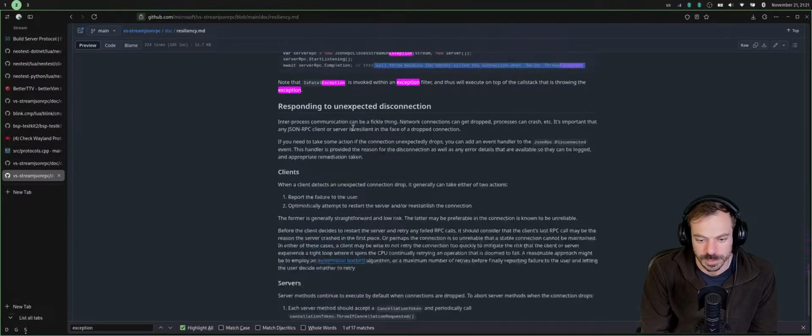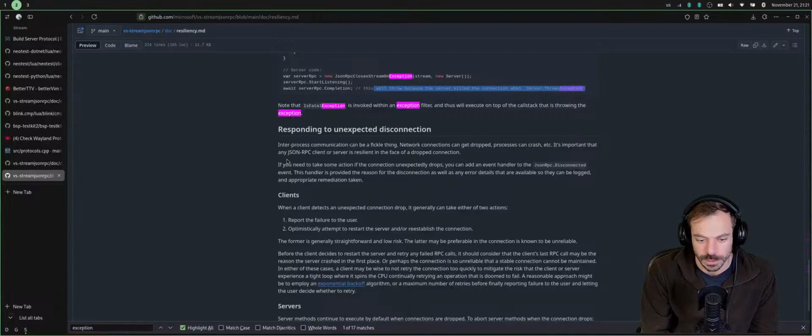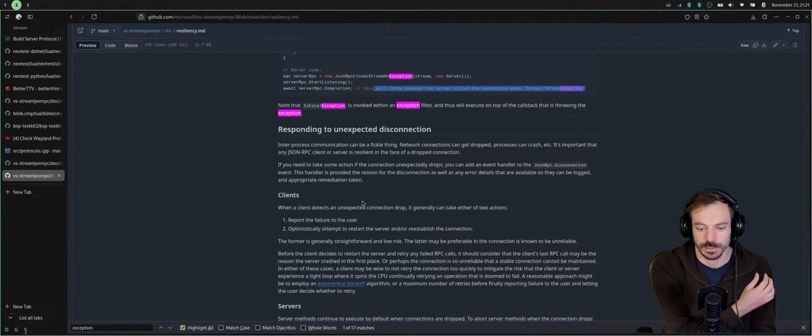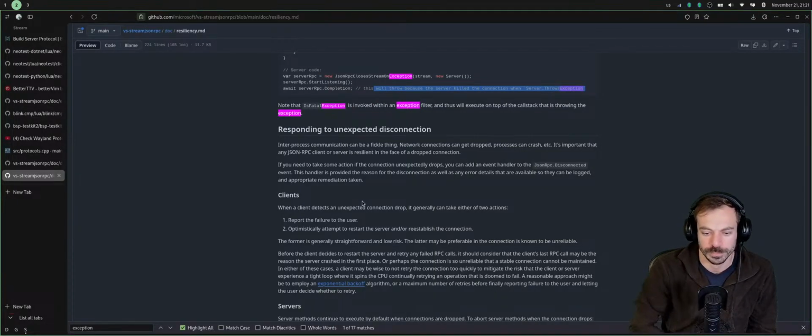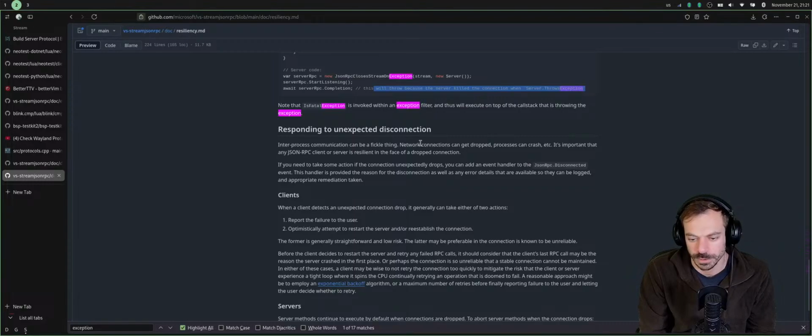Responding to the unexpected disconnect. Inter-process communication can be a fickle thing. Network connections can get dropped, processes can crash, etc. It's important that any JSON-RPC client or server is resilient in the face of dropped connections.